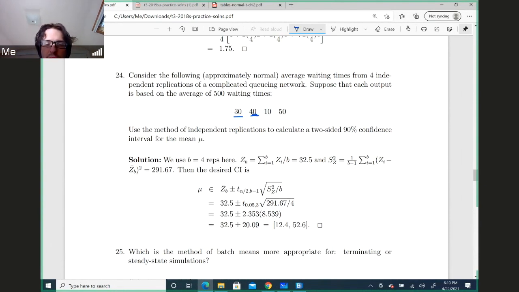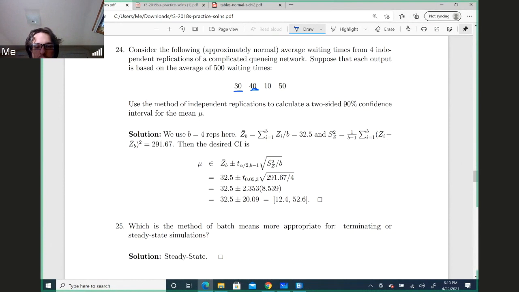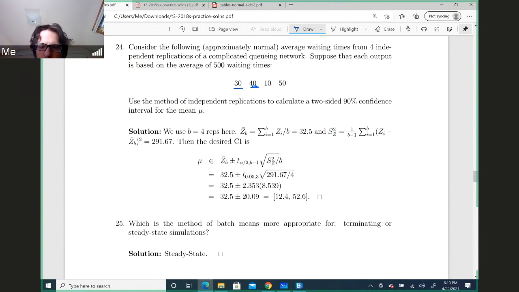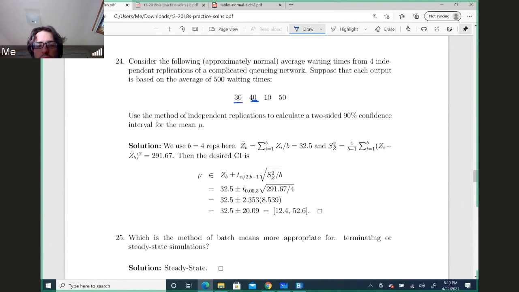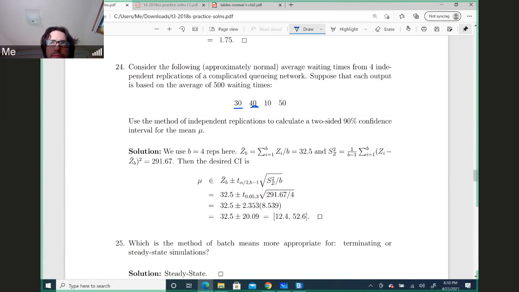So here they want us to use the method of independent replications to calculate a two-sided 90% confidence interval for the mean mu. So this is pretty straightforward. This is just, for the most part, applying some equations. So I would recommend on your cheat sheets to just have these equations written out. The ones for method of independent replications, the equations that you used for batch means, the equations that you used for